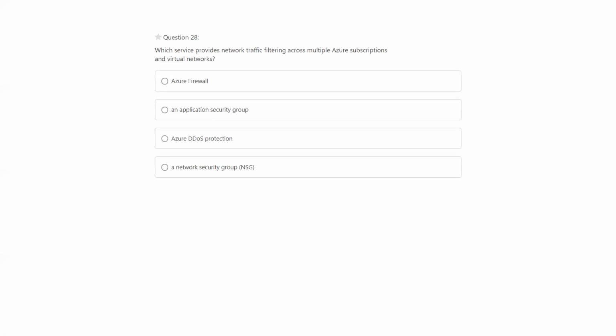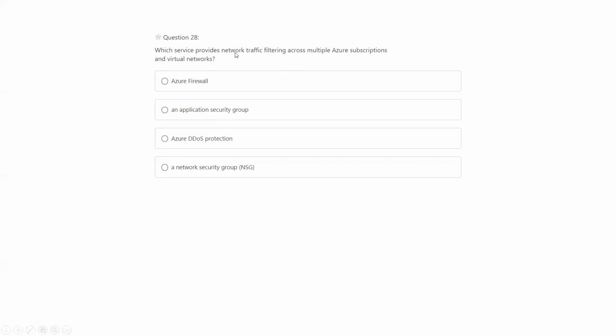Which service provides network traffic filtering across multiple Azure subscriptions and virtual networks? So we were talking about across Azure subscriptions. Azure Firewall filters the traffic across the Azure subscriptions. Network security group is also there, filtering the traffic between the subnets of the virtual network.